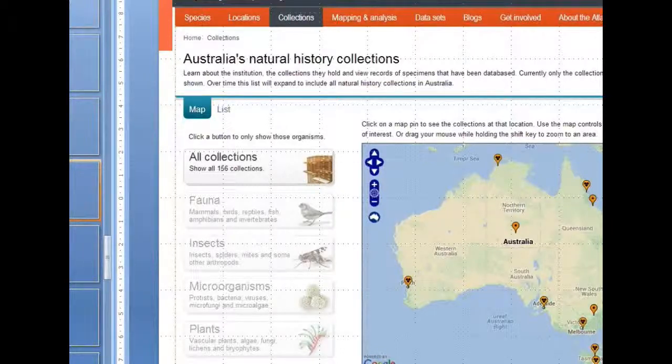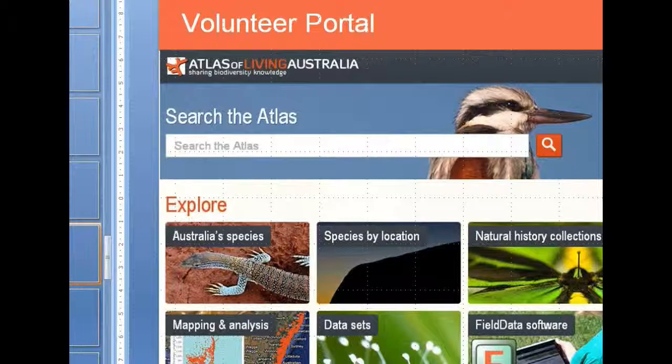But we really are trying to support natural history collections. And in the atlas, there are now over 8 million records directly from biological collections, database records. One of the neat things about how collections like using the atlas is we have a volunteer portal that lets people come in and get involved, and they're crowdsourcing